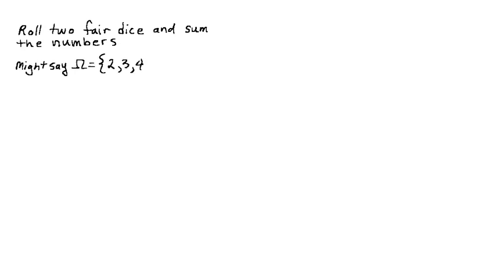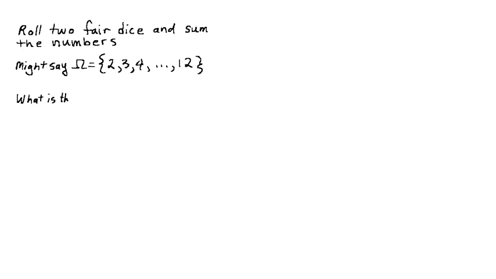When applying the formula we just encountered, there's one common pitfall you should be aware of, and I want to highlight that pitfall with an example. The example is this. We'll roll 2 fair dice and sum the numbers showing on their faces. With this experiment in mind, one might be inclined to declare omega as the set that includes the 11 integers from 2 to 12. And there's nothing really wrong with that, but when we lay things out this way